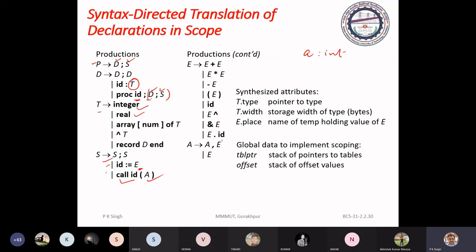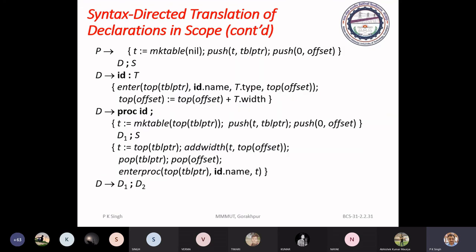If you have 5 parameters, you can generate all 5 parameters using this production. Now see the translation scheme for declaration.